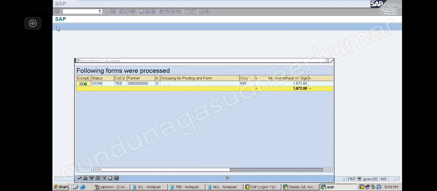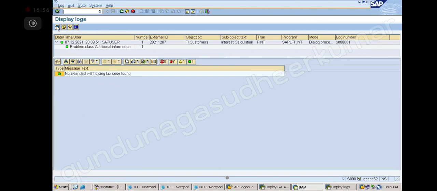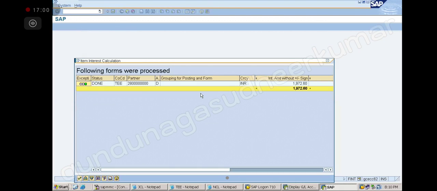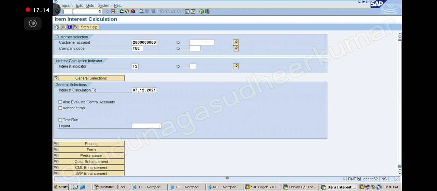So this interest amount is added to the customer account. I will show you now. You see, it is saying done. So now how much does the customer have to pay me? 1 lakh 1,920 including interest. And where can I see that now? FBL5.